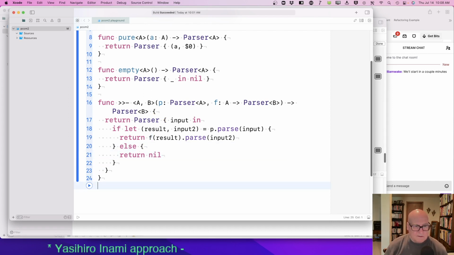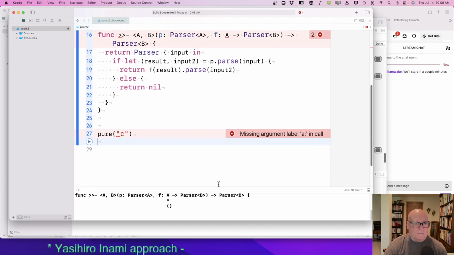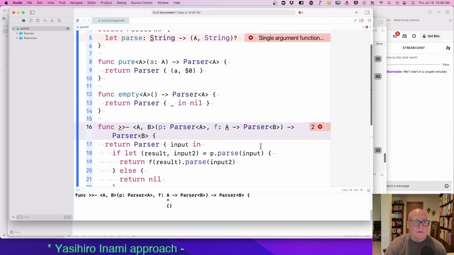All right, let's call pure of C. Missing argument label A in call.